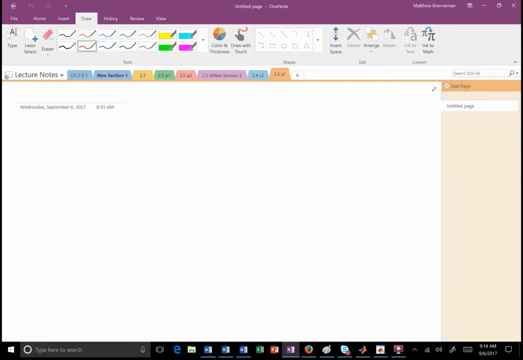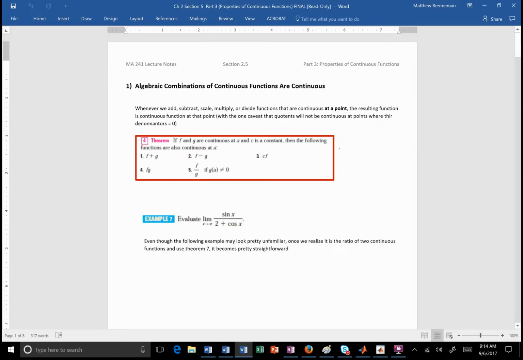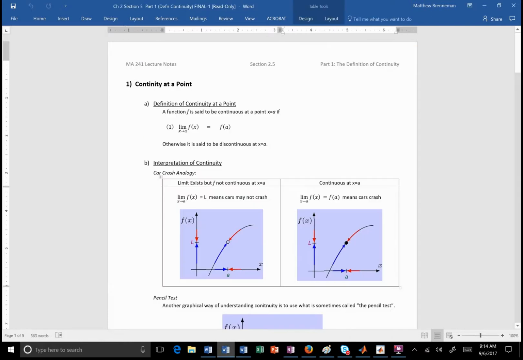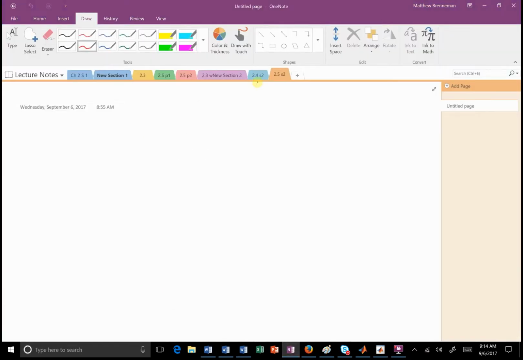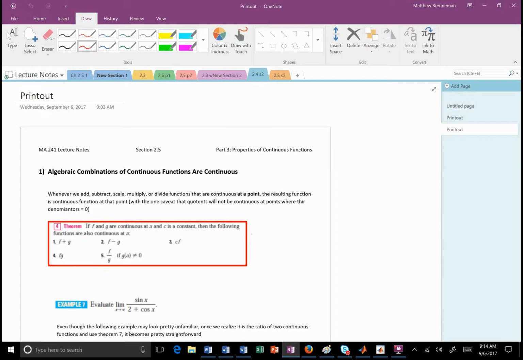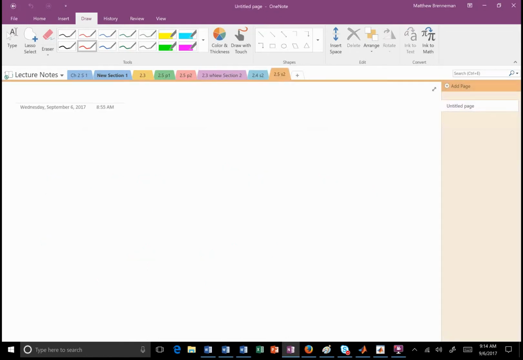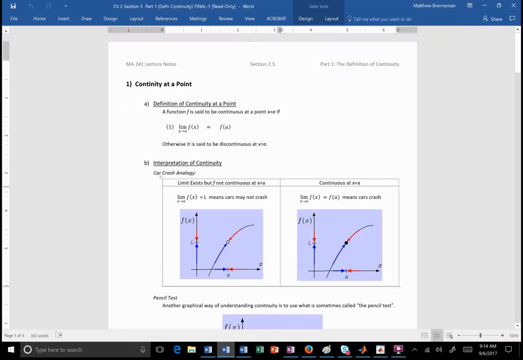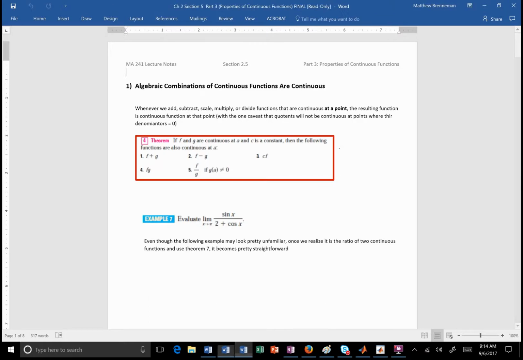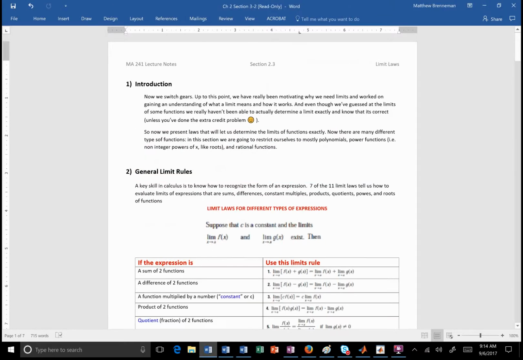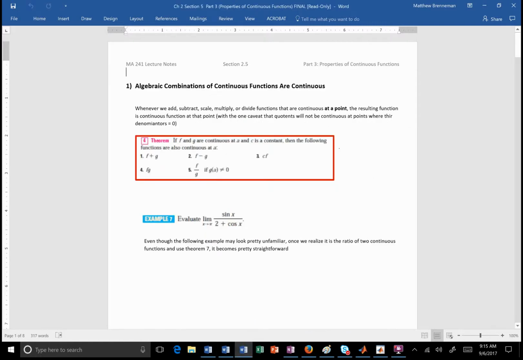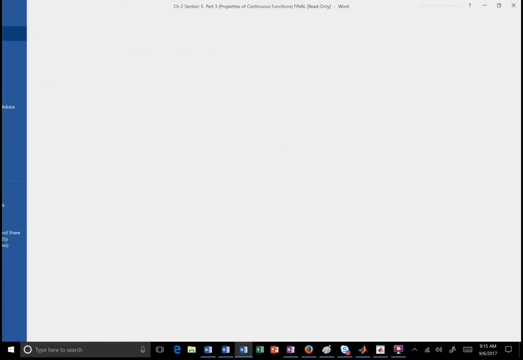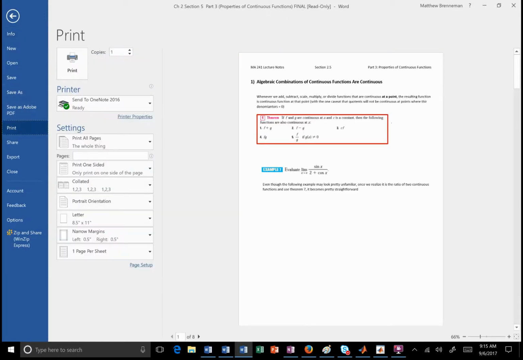Okay. So let me print out the next set of notes. So we were talking about yesterday functions that were continuous. So I just want to review something real quick about that. Yes, this is what I want. So the thing that I want to emphasize here